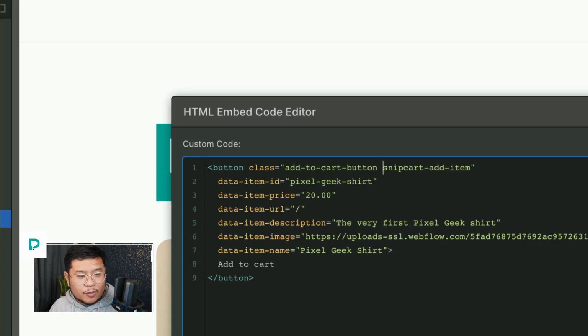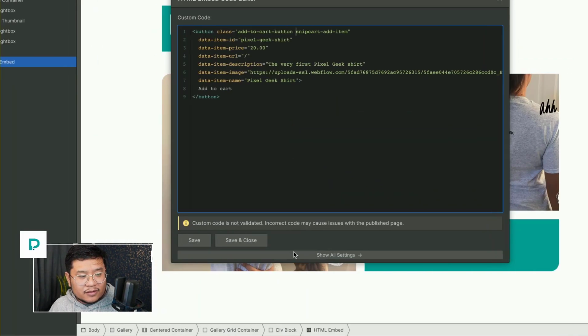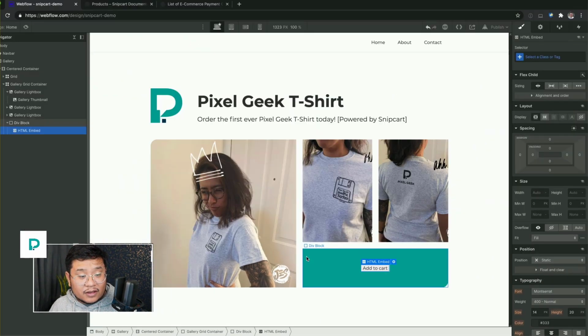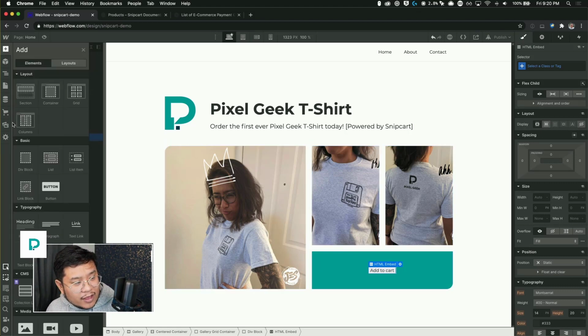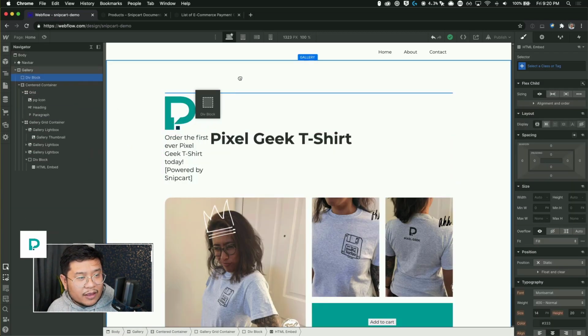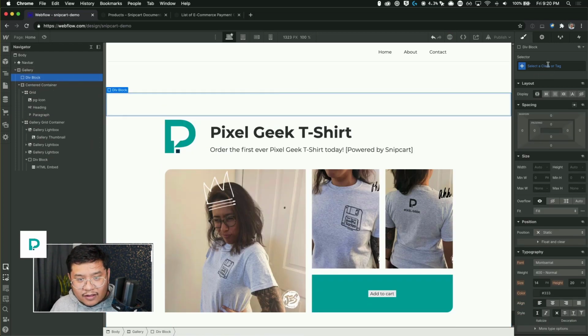So we want to give it a combo class. Save and close. Now you notice it didn't do anything. It's because I have to drag in another div block anywhere on the page and start styling this with the same class name, add to cart button.